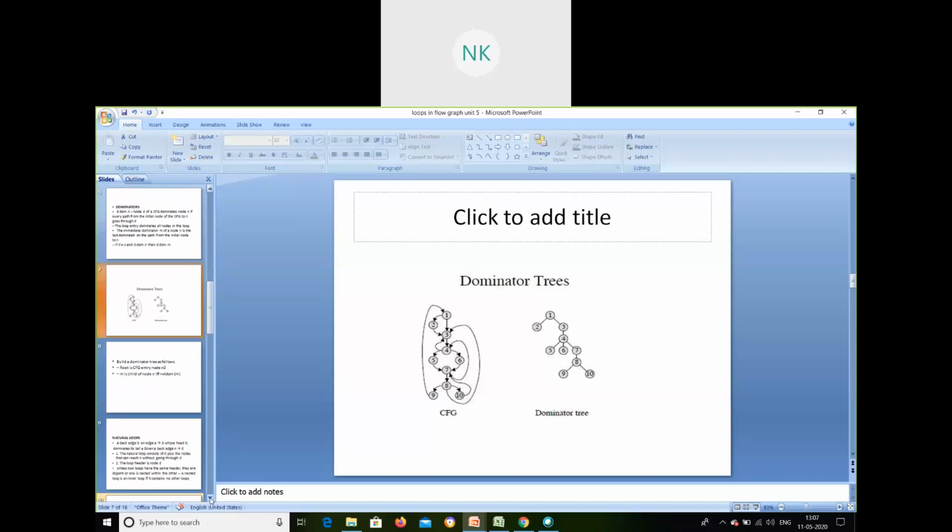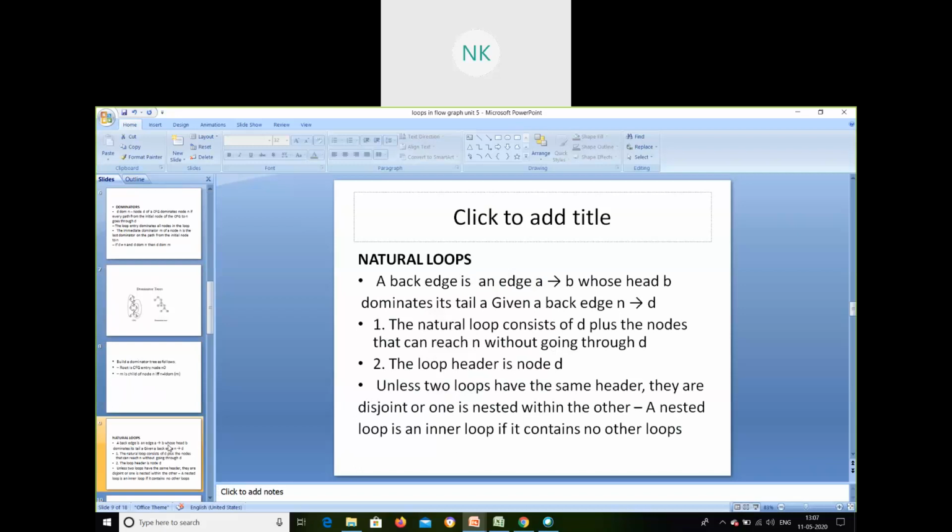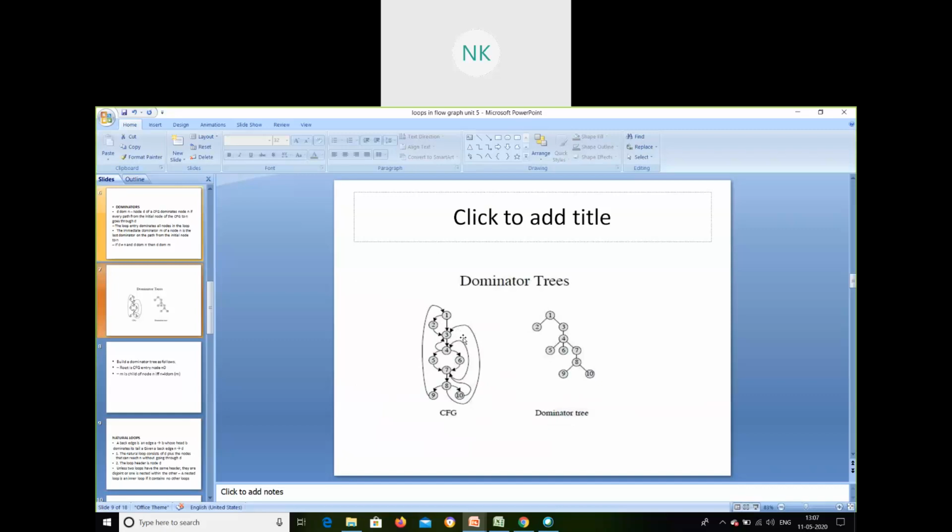What is a natural loop? Whenever a node is having a back edge reaching to the same position where it started, then you call it a natural loop. For example, in the previous one, you see 3 to 4 and again, for a simple loop in this we are taking it, 3 to 4, 4 to again 3. From 4, where it has started, from 3 it has started, again it is reaching 3. It is a natural loop. And here 7 to 8, 8 to 10, 10 to 7 again it is going. It is also one of the simple natural loops.